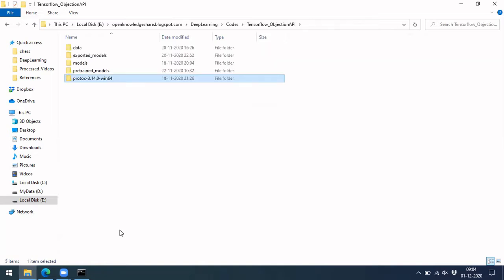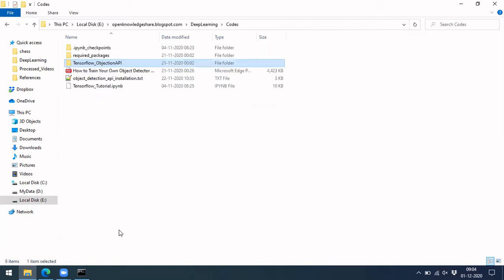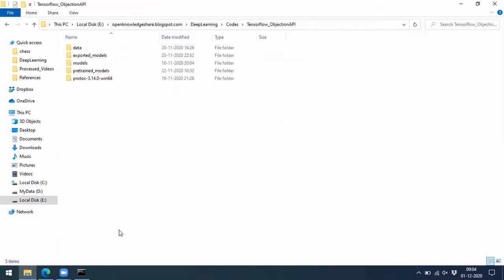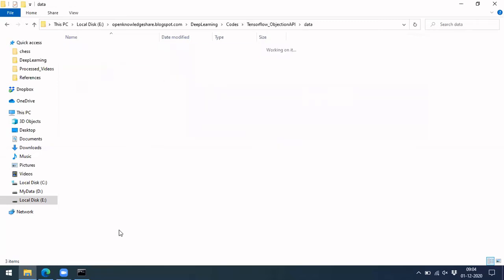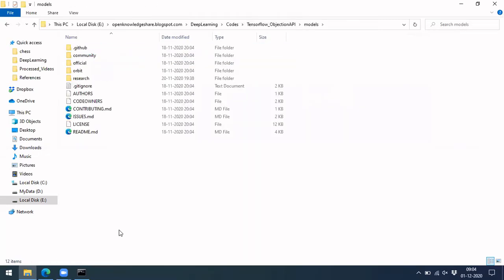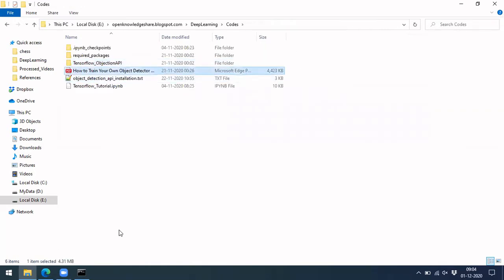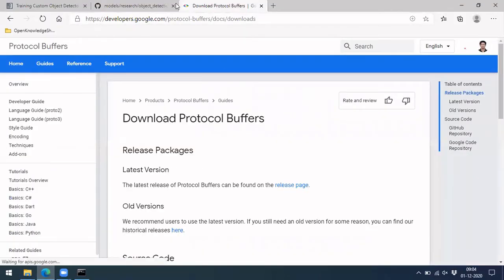Okay, so this is one thing which should be installed, and along with this there is also one more dependency, which is Coco API. Let me go inside and show you. So apart from that, there is Coco API which you have to download.